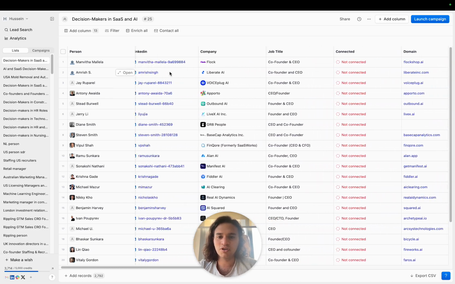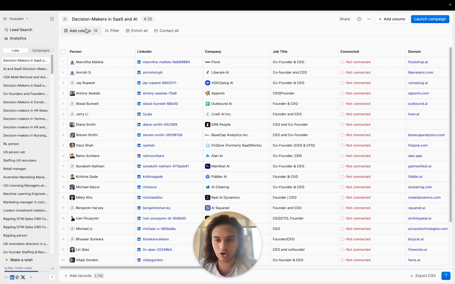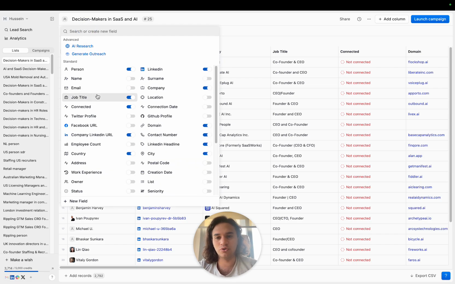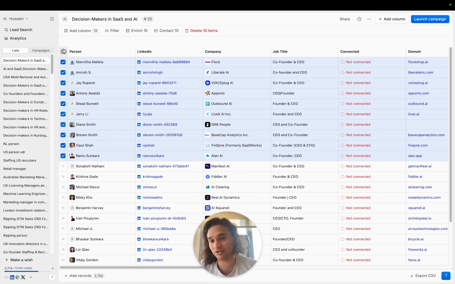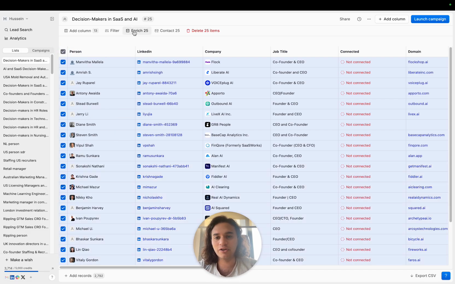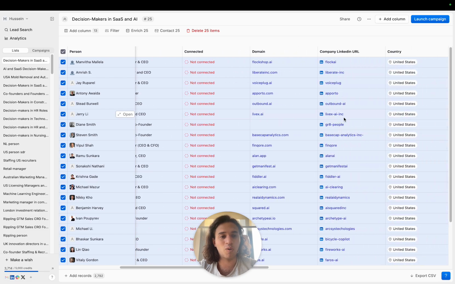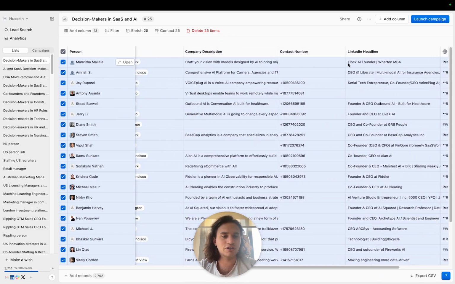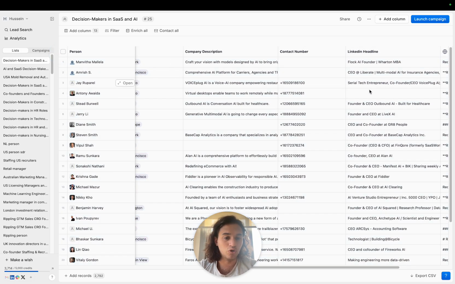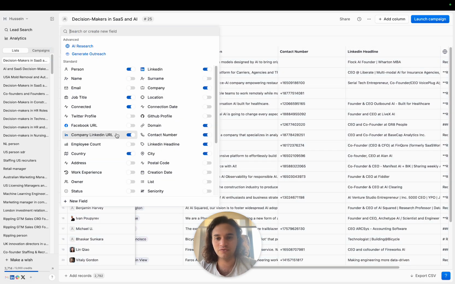out of the box. And then we can also load some additional columns. So we have some structured columns that we already load up for you. So for example, email, LinkedIn headline, contact number, company description, and many others. Now I've loaded them already. Once I load them, I select the people I'd like to see that information for. So we can select all and then click on enrich over here. And that will populate these fields. So these are the ones I was talking about. Company description, contact number, and LinkedIn headline will appear once you click on enrich all if you've loaded them up